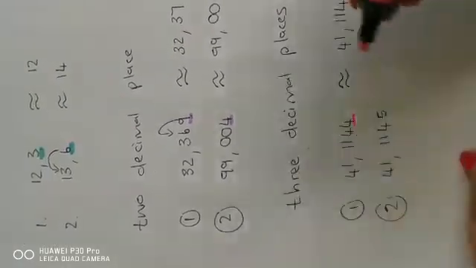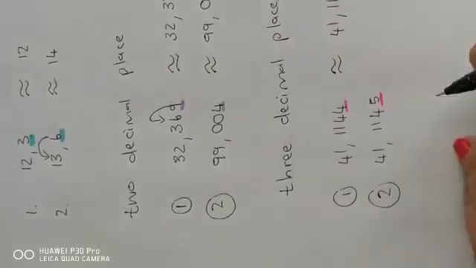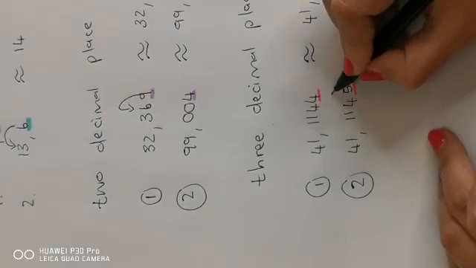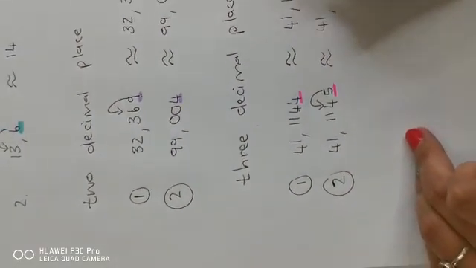If I have to take this number and we slightly change it and say 1145, and I have to round this number off to 2 decimal places, you can see that this number is a 5. A 5 and bigger than 5 is going to change the previous number. So this is going to be 41,1